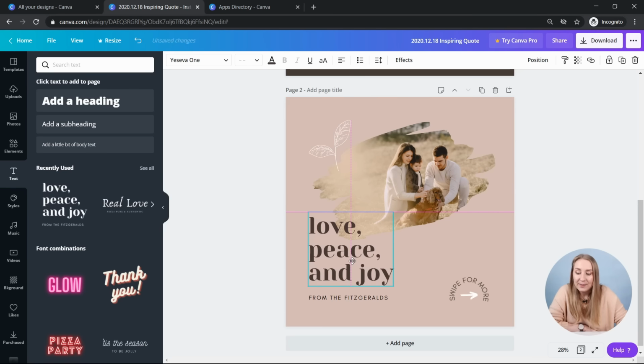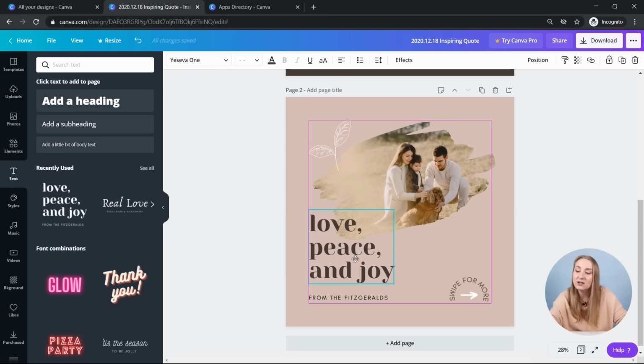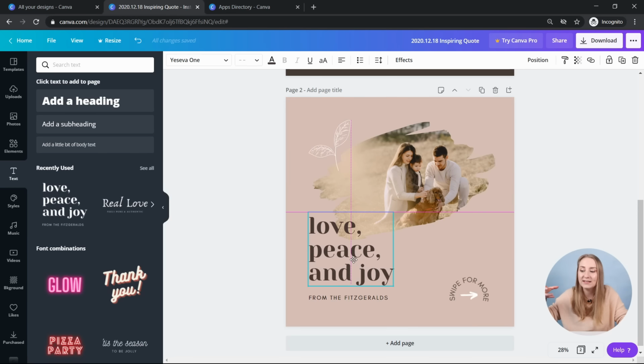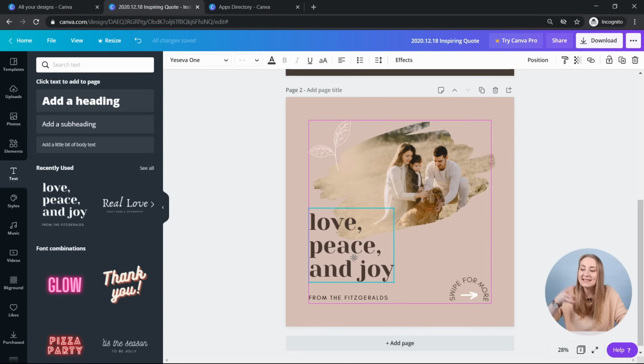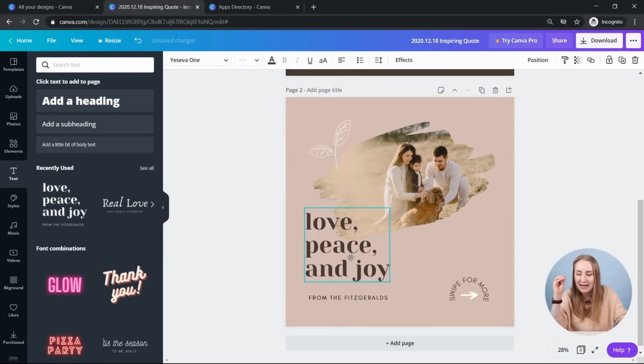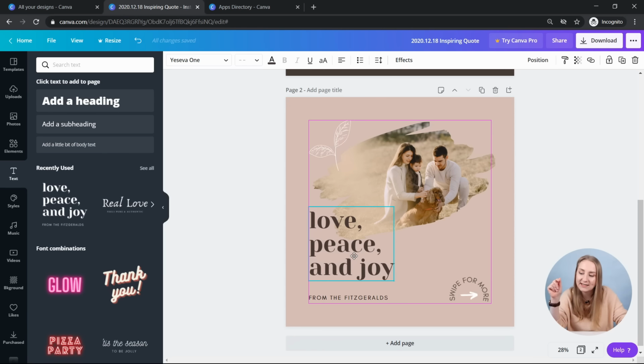And if you drag that love, peace, and joy text, you can see that you can align it to different elements. If you see the solid frame, this is a margin that Canva shows for the image. So for the specific resolution, this is the Instagram post, this is what Canva thinks is the margin for it. So if you leave a bit more space, this is how the design breathes. And this is quite a cool thing because for people who are not really graphic designers, it's a neat way to make the design look and feel a bit more professional. So you've got that breathing space for it. So keep it in mind when designing things. Push it towards that margin.